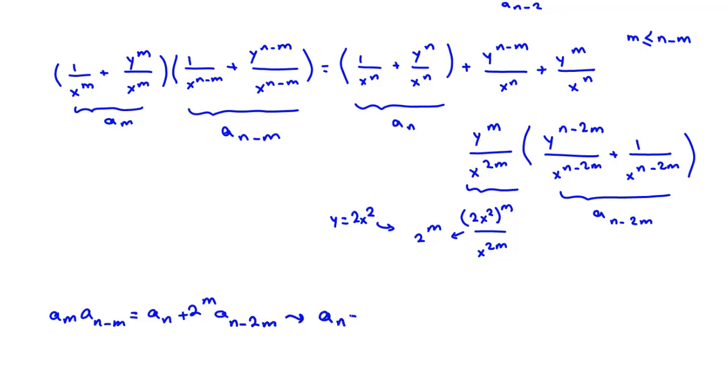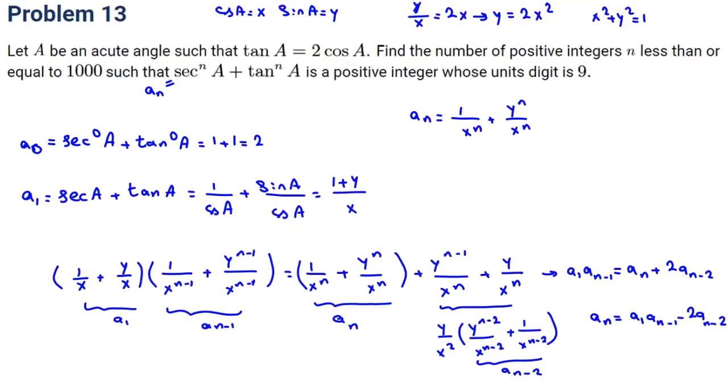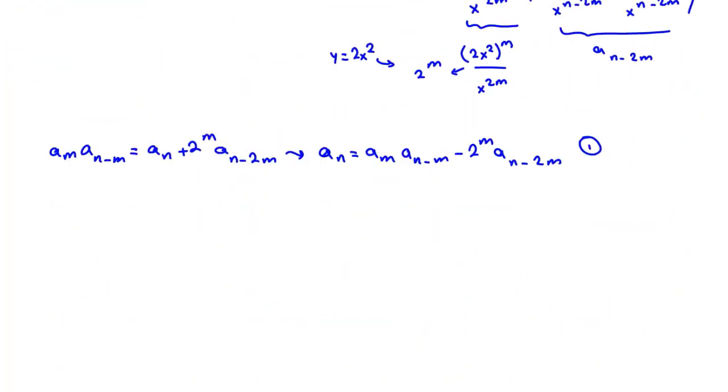Now we can conclude a_n equal to a_{n-m} minus 2 to the m, a_{n-2m}. So we call this equation number 1. Now let's consider a_0 is 2, and let's calculate a_1 and the other terms. a_0 is 2. For a_1, if we want to use equation 1 here, it's not possible. It will be, for example, a_0 times a_1 minus 2 a_1. Okay, so for a_1,